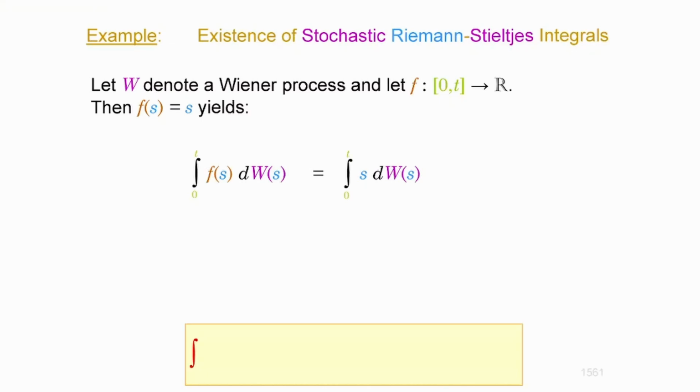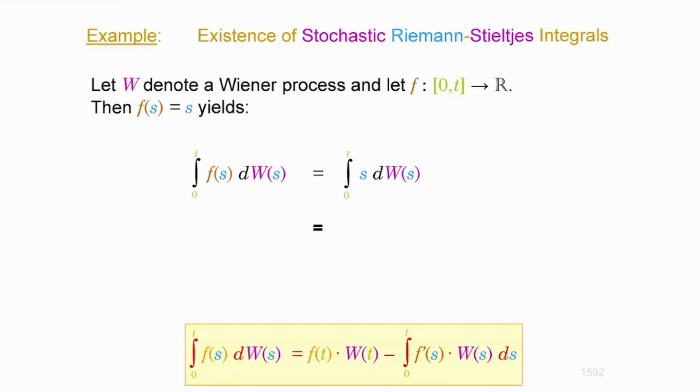Now, here is the answer. That was a formula, and I would like you to remember this formula. So you have the deterministic function. Of course, the identity is a continuously differentiable function. So based on integrating by parts, you have the deterministic function at point t times the Wiener process at time point t, and then minus the integral from 0 to t of the derivative of the continuously differentiable function times the Wiener process. Okay, so that is what you end up with.